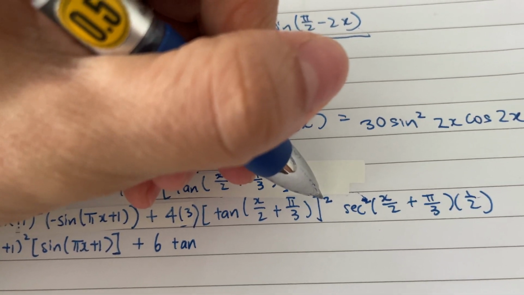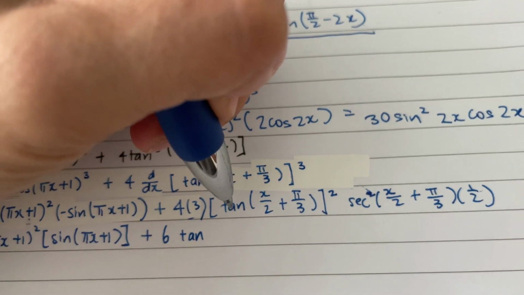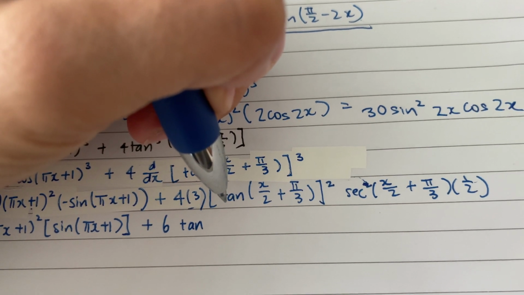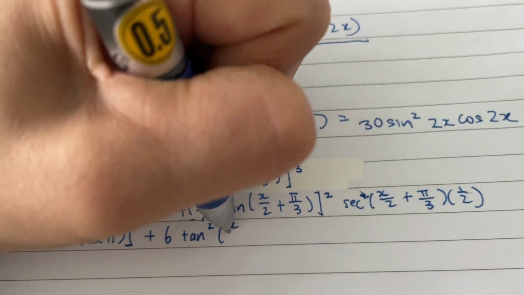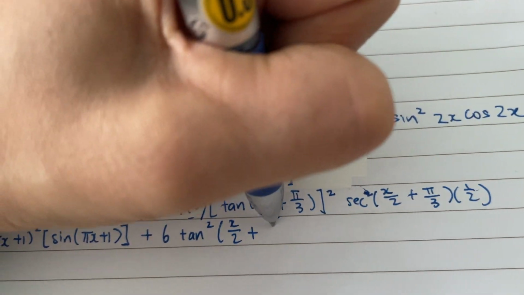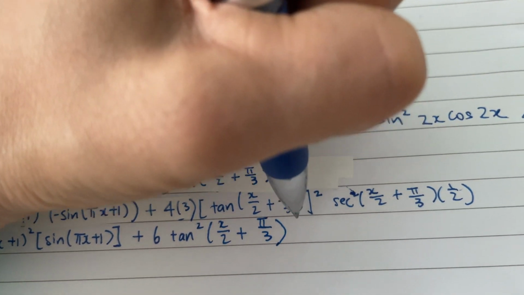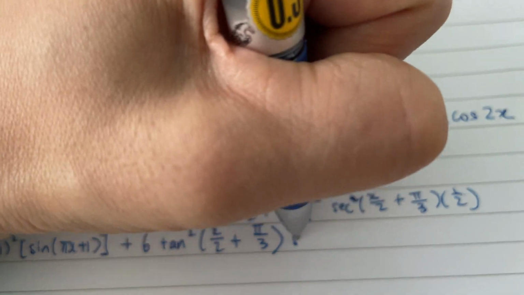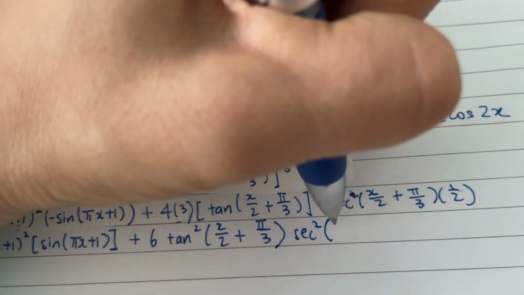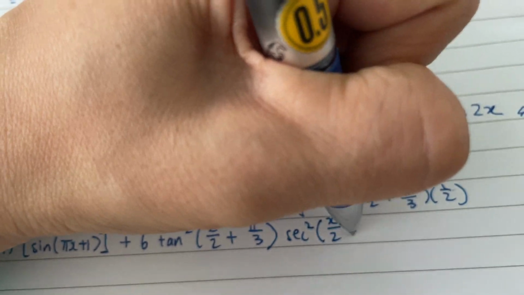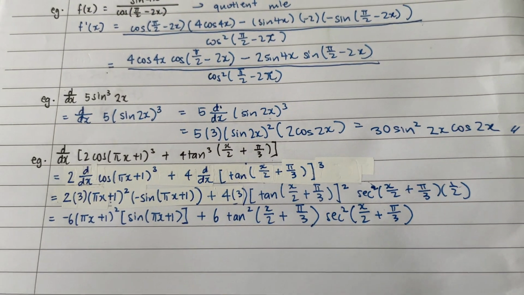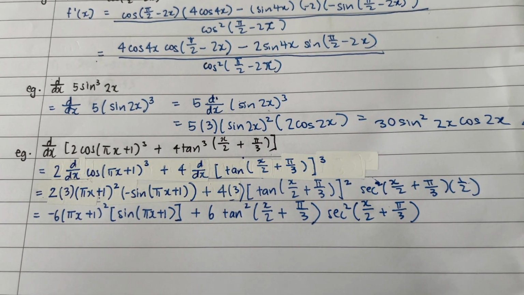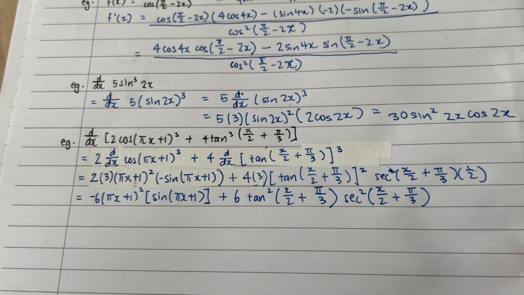Tangent. Now, since the square is the square of the entire Trigo expression, I'm going to put the square inside. X over 2 plus pi by 3. Okay, multiplied by secant square (x over 2 plus pi by 3). So this will be my answer for the last example. Now moving on,